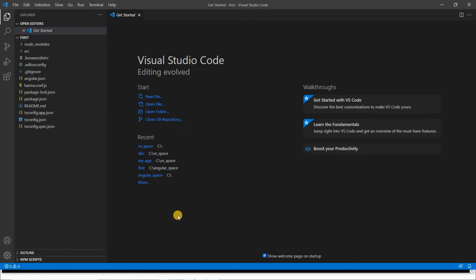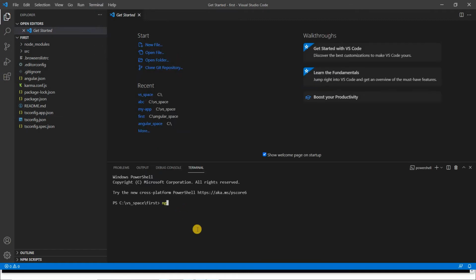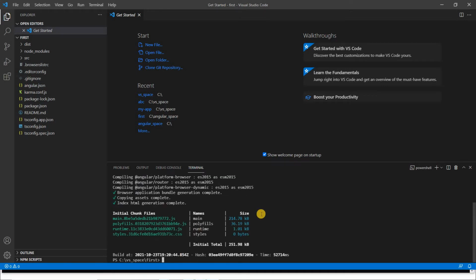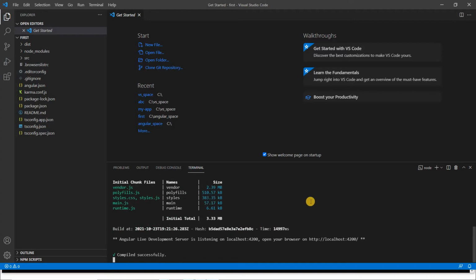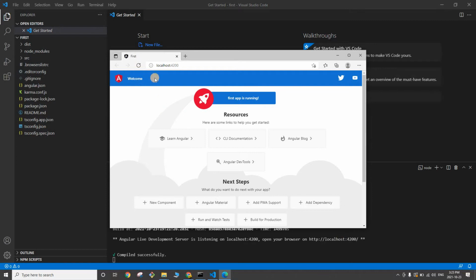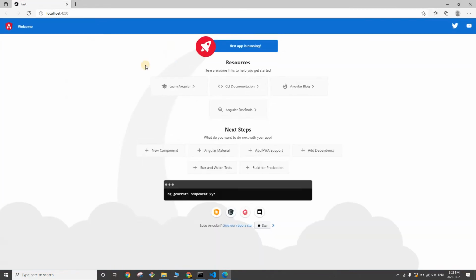Now guys, let me just run this project quickly. So ng build is the command to build your Angular project. Our build is ready. Now let's go and start our project. So the command is ng serve. This particular command will deploy your Angular application on a server. Alright guys, so it's deployed, right? So I'm going to hit control and then click on this link. Alright guys, so here you can see our application called first app is up and running. Alright, so let me bring this one down.